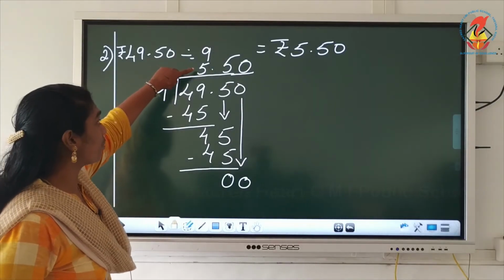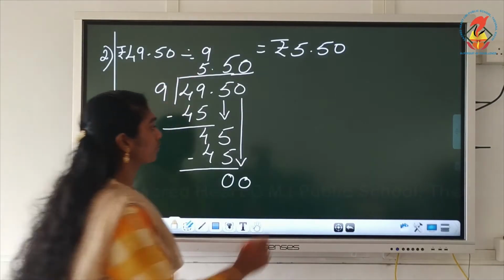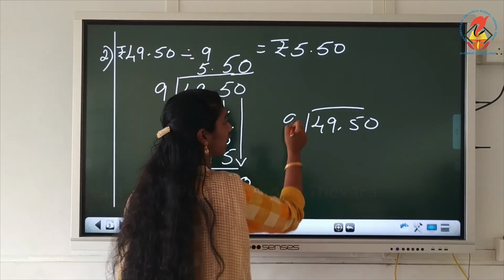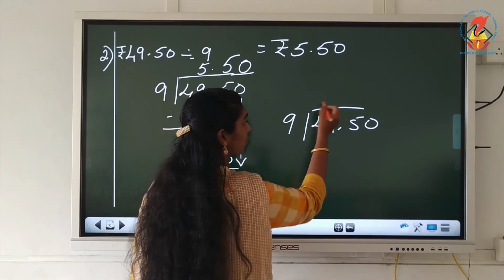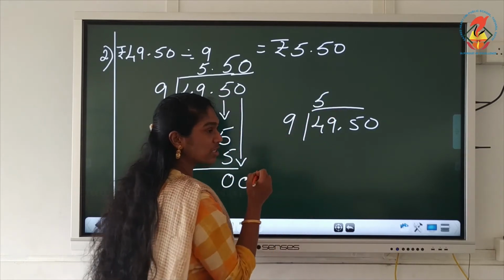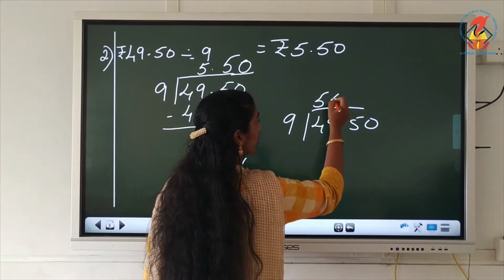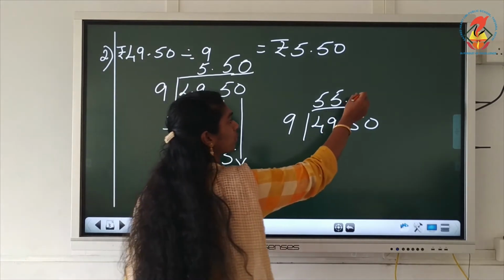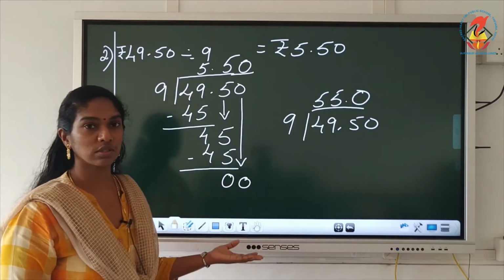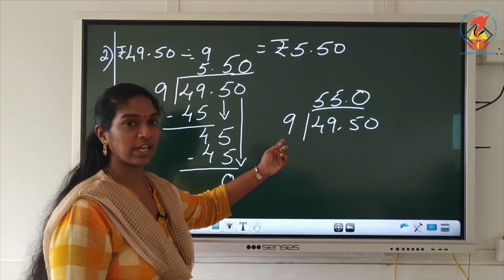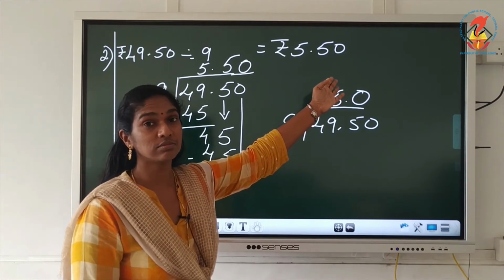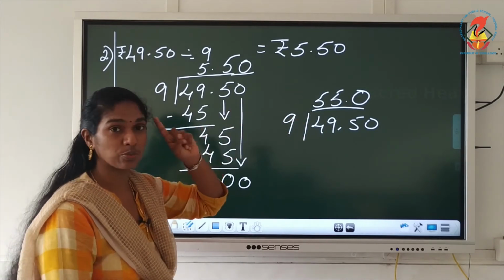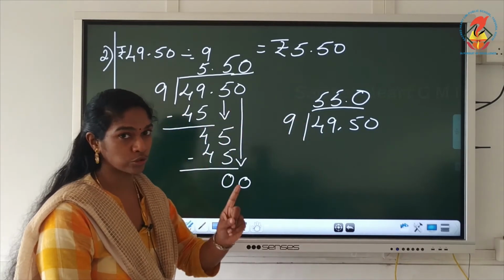See, children, what would have happened if you had put this 5 over here? Suppose it was 49.50 and you divided with 9. Instead of putting 5 on top of 9, if you put 5 over here, what happens? For the next number, quotient, you will write it over here, and then only you will put the decimal point. And then you will put 0. What happened? Your answer became wrong. 49 you are dividing with 9. How will you get a bigger number? You should get a smaller number. You are dividing it, isn't it? So you should get a smaller number. So be careful when you are writing the quotient. Okay?